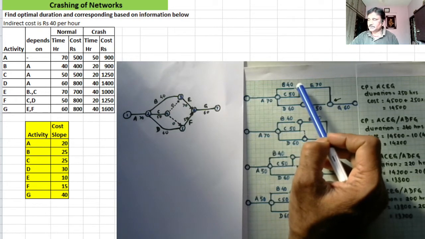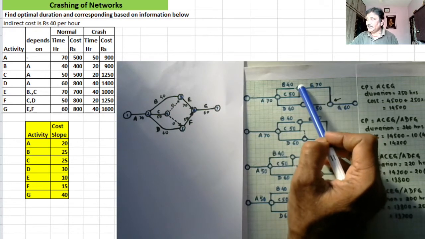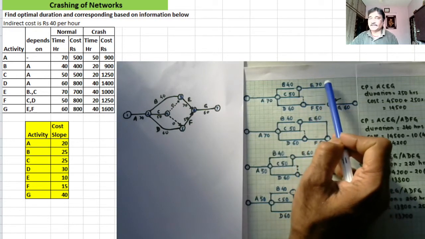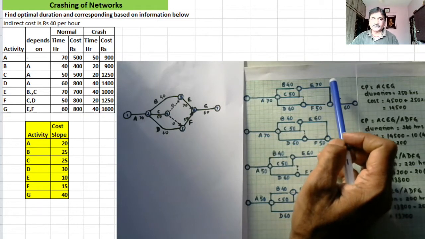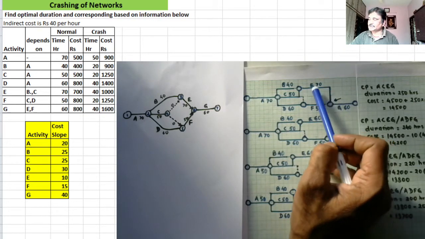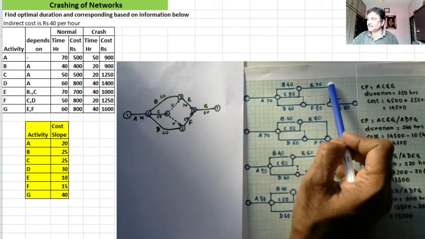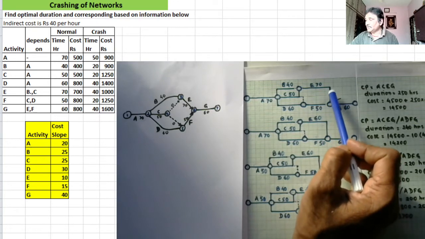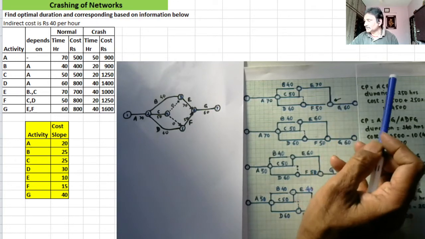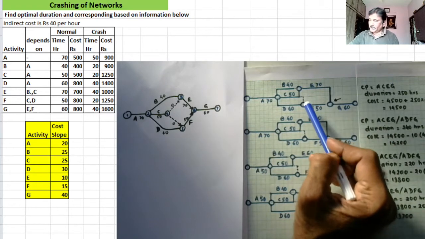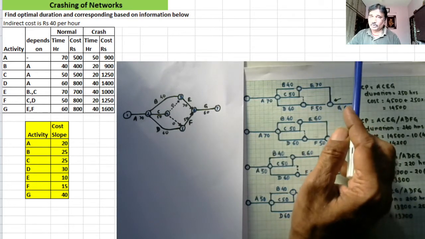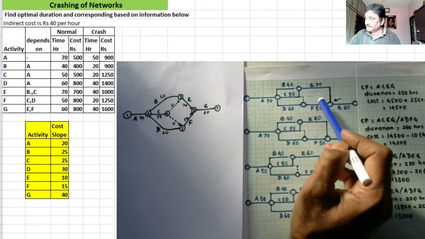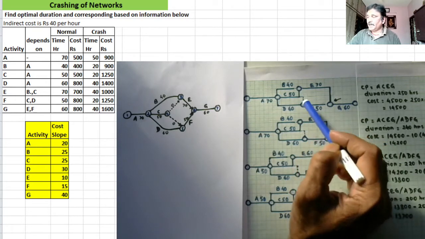Then after I have the node drawn here, I will draw activity E of 70 hours, because activity E takes 70 hours to complete. I draw a horizontal line of 70 hours, and I won't drop a vertical line, because I don't know whether it is to be dropped here or somewhere else, or whether the vertical line will come up. I don't know right now until I reach this node by the other path.